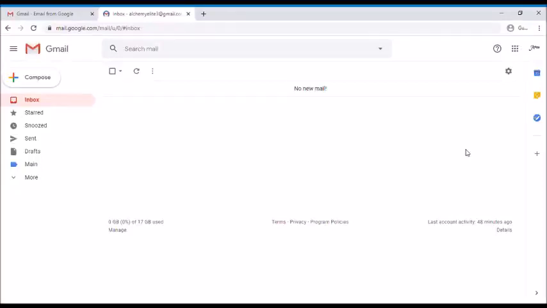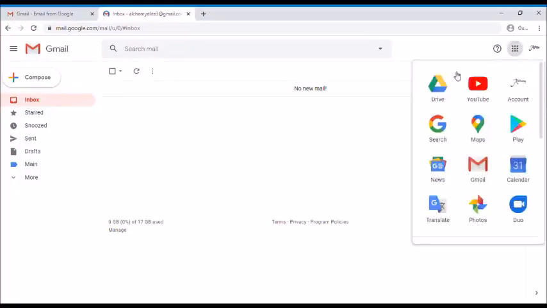But the reason that I like Gmail is because once you get that username and password set up, when you click the more, you have access to all the apps associated with Google. So you have Google Drive, which we're going to talk about later. Google Drive is kind of like a digital filing cabinet. Everybody's heard of YouTube, or a lot of people have. That's kind of like videos, and you can find anything on YouTube: movies, videos, educational, anything. Maps,